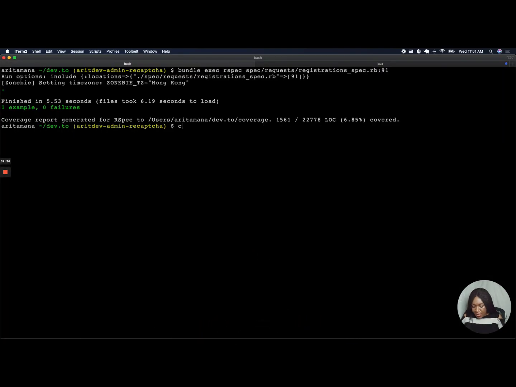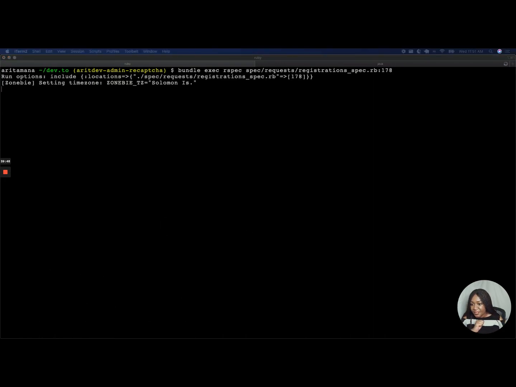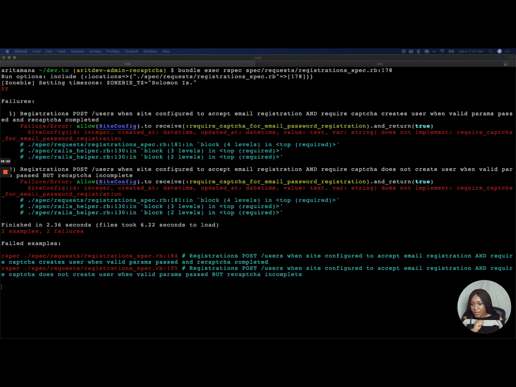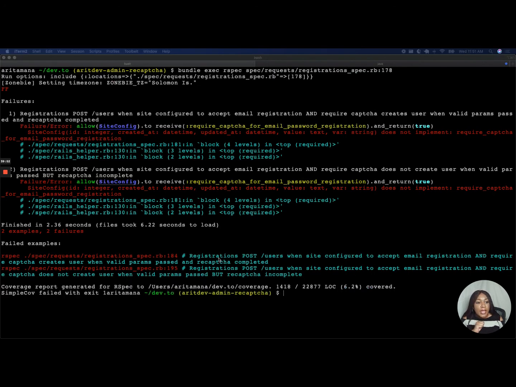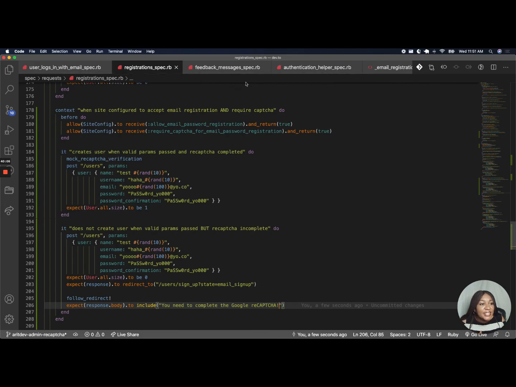All right, so let's run this file, and this is line 178. So let's go back here and let's run 178, and we are expecting them to pass. Okay, we have some errors. This was my prior. I see the mistake. I need it to be,